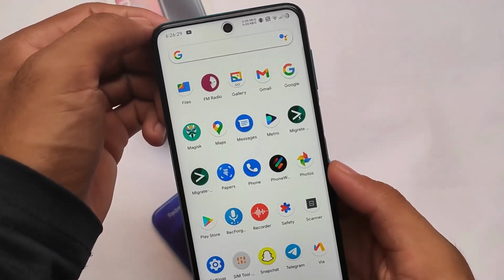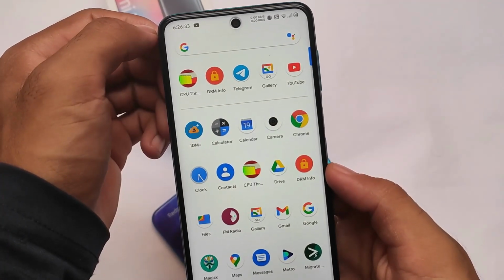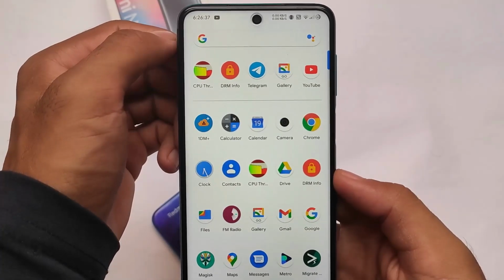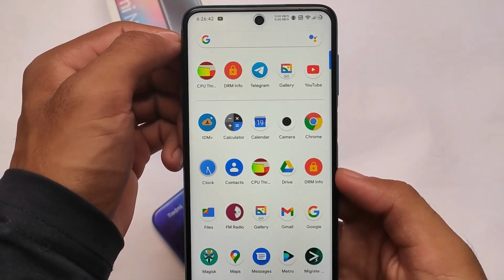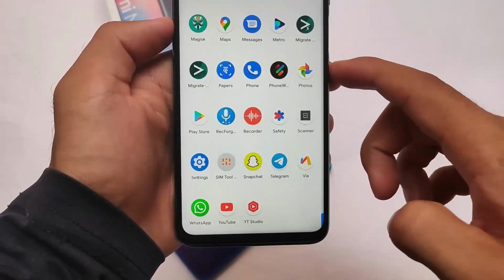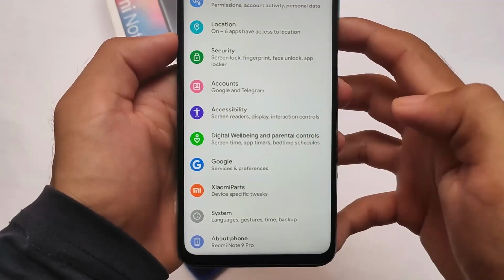Let's talk about some extra things, like you have Gallery Go pre-installed, you have the Metro Music, you have the MIUI camera, which you don't get in the Evolution X normal build. Here you have this Evolution X Custom Edition. That's why some extra features are already present. In the features section, if you're looking to explore, some features are of course great, and a lot more features are already present for you.